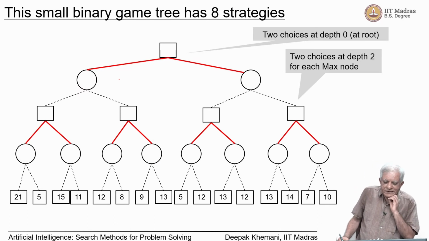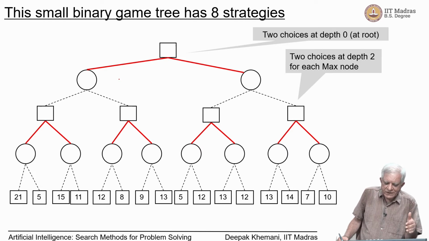Now, how many strategies exist for max? So, let us look at this tiny game tree. It is a binary game tree. At every level there are 2 choices, and it is 4-ply deep, as you can see. There are 16 nodes at the leaf level. Now, at the top level max has 2 choices. So, max can make either the left move or the right move. Then at the third level,